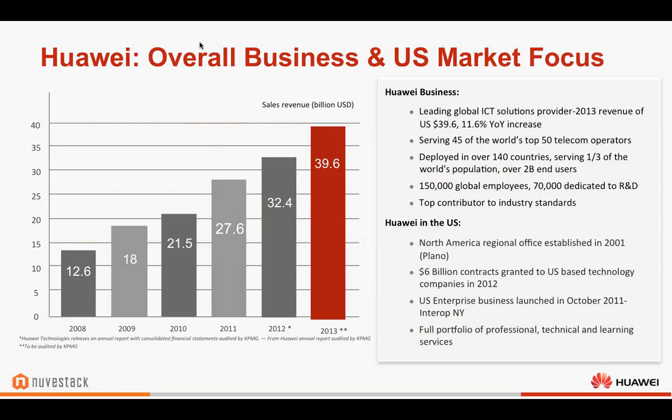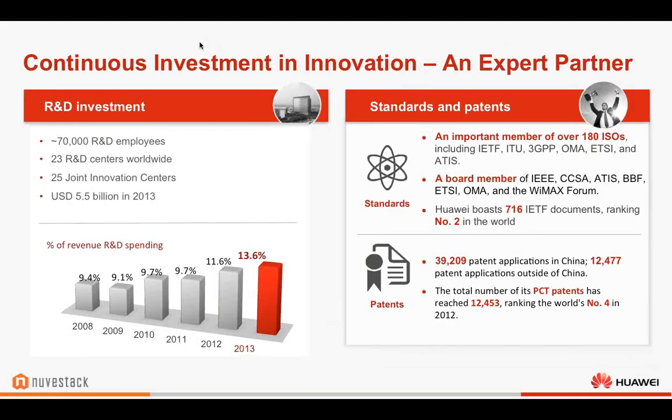On the next slide, you see a little bit about Huawei's investment in technology and in innovation. It's worth pointing out that Huawei, last year alone, spent over $5.5 billion in R&D, so the amount of innovation coming out of this company across a wide portfolio of technologies is staggering. As I mentioned earlier, we have over 70,000 engineers in the R&D group, which gives you some sense of the magnitude of innovation, technology research and product development going on. We have 23 R&D centers worldwide. One of the larger ones is in Santa Clara, California, not too far from the Cupertino office here in California as well.